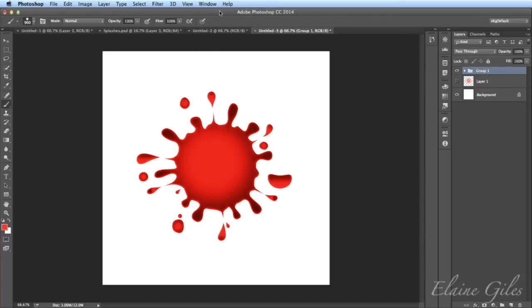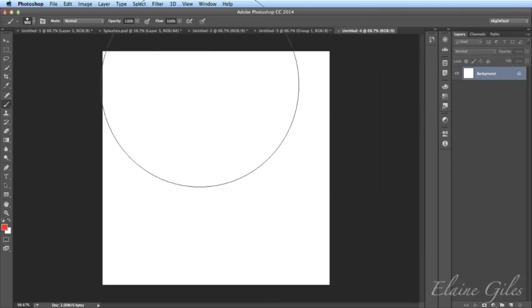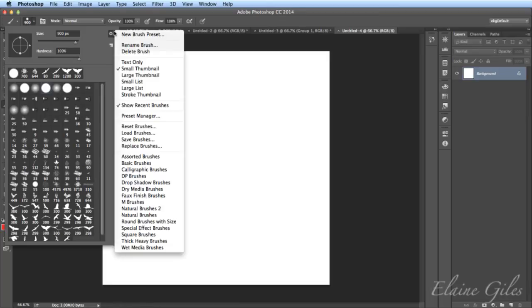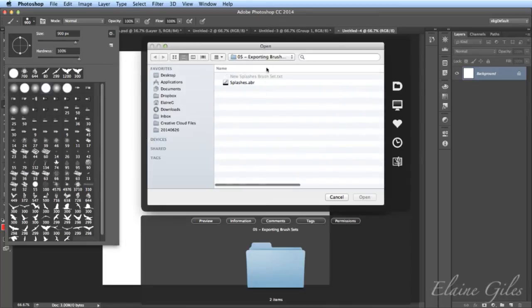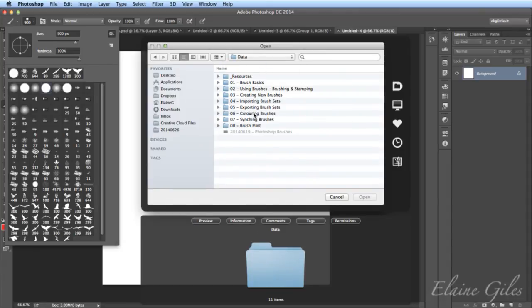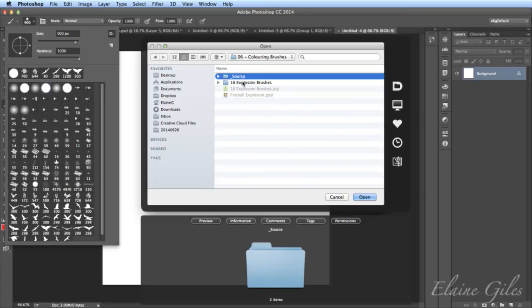This is one of the standard demonstrations to show you the different varieties of colouring with effects here. So I've shown you that one. Let's go get a new file and load in some extra brushes. So I'm going to go back to my brushes and load some brushes. And these are really useful brushes, to be honest with you. Let's have a look. Colouring brushes.